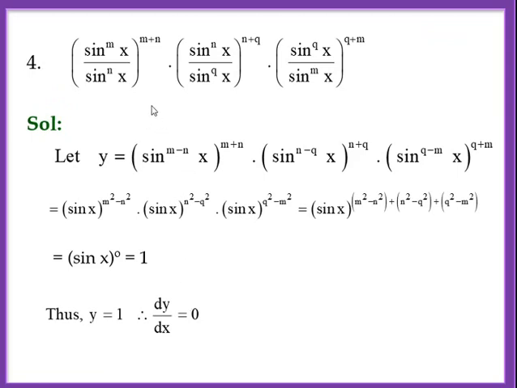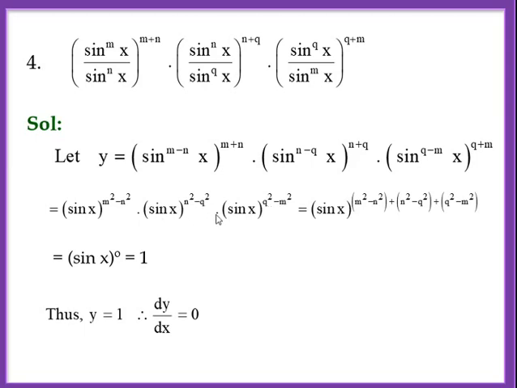Now if you ask me, this is not a sum on derivatives. This is a sum on laws of indices. So let y be the given function. sin raised to mx upon sin raised to nx is what? Sin raised to (m minus n) raised to (m plus n). (a raised to m) raised to n is a raised to mn. So for the first bracket, it is sin x base. What is the index? m square minus n square. Here n square minus q square, and here q square minus m square.